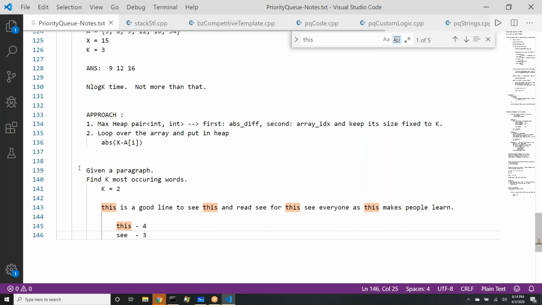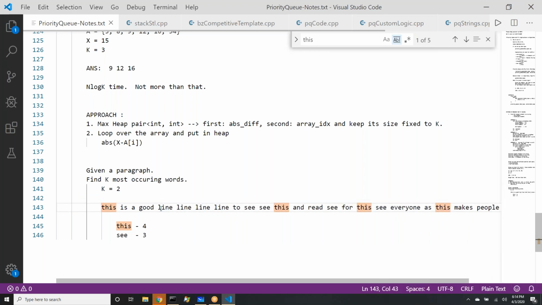Always keep in mind, whenever you have these problems, one question should ring in your head. If C was also 4 times and line was also 4 times, then there are 3 words occurring the most times. In such problems, the problem statement in an online contest will give some constraint: if there are more than k words that meet the criteria, give us the lexicographically sorted list.